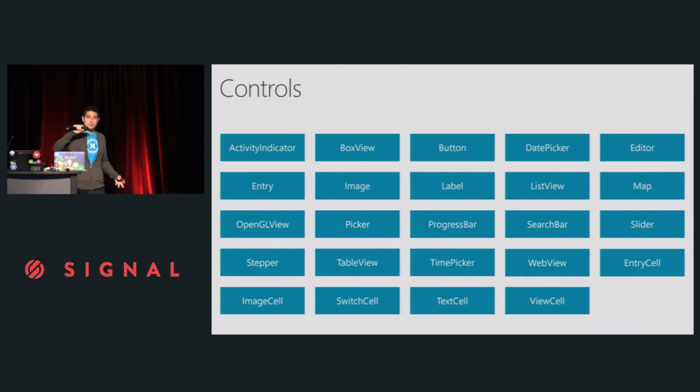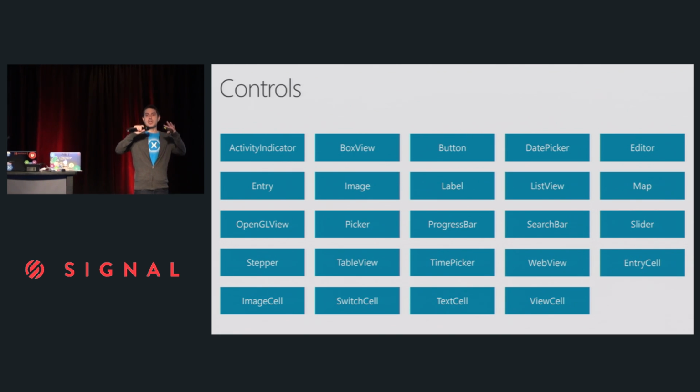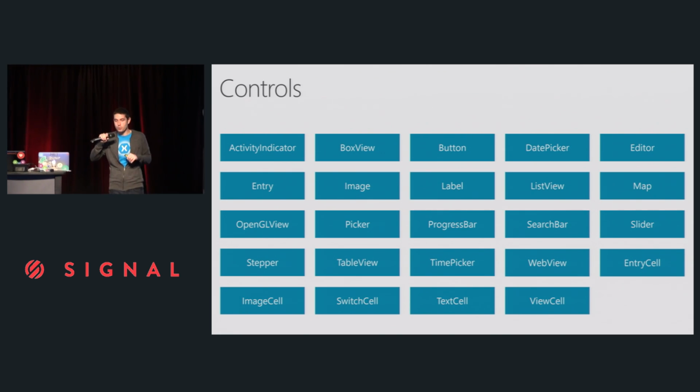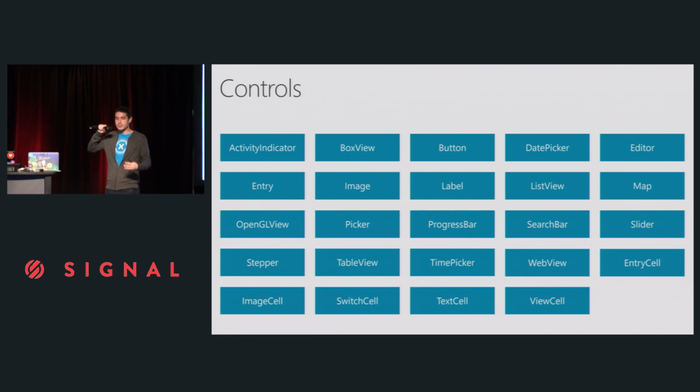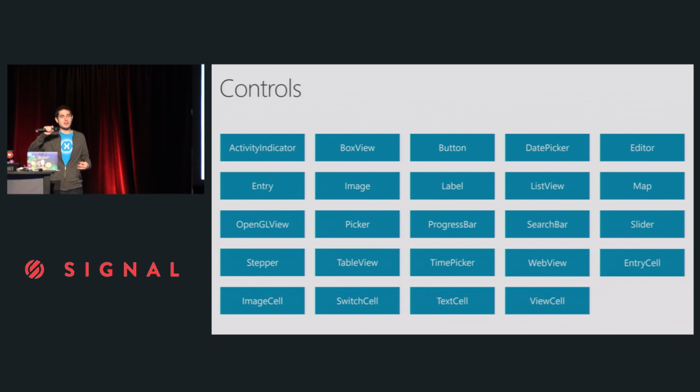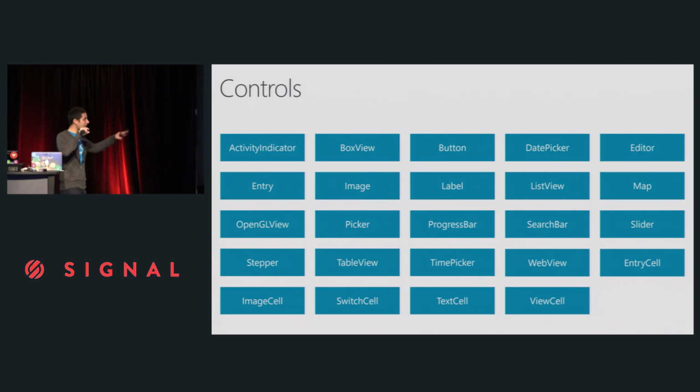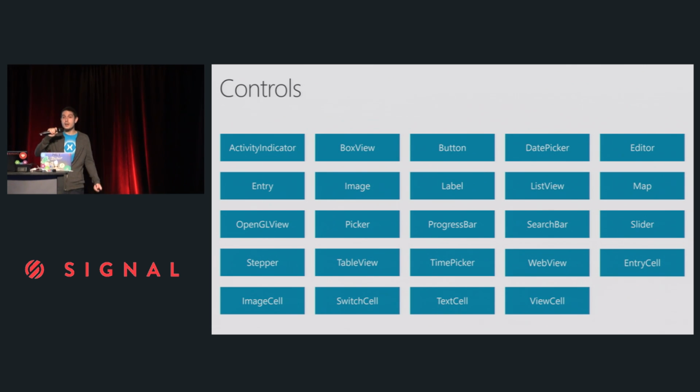Then we have tons of controls. So we've abstracted everything that essentially is the same across iOS, Android, and the Windows platform. So things like buttons, labels, editor, maps, sliders, as much as we could create them as a common UI toolkit. Of course, though, you can always add your own and create your own. There's tons of amazing developers like Syncfusion and Telerik and a bunch of other amazing control vendors that are building UI controls for Xamarin Forms and Xamarin, but also you can build your own and you can customize any of them.